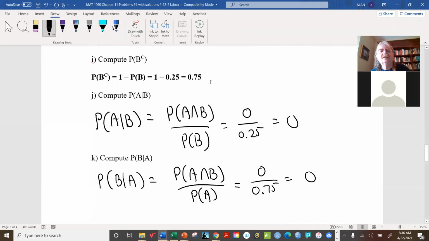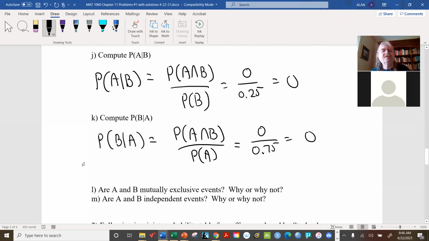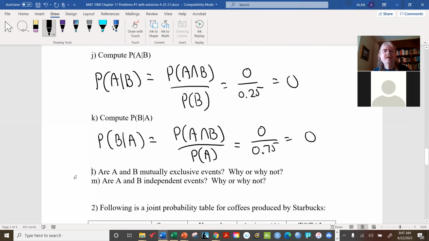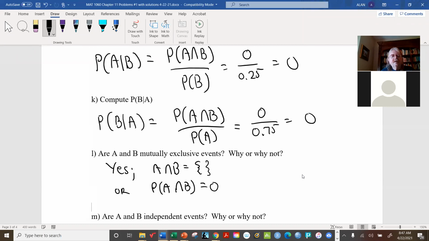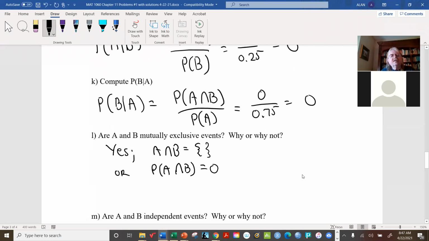All right, so now here are some conceptual questions. Are A and B mutually exclusive events? And the answer is yes. And there are a few ways you can express this. You can write A intersect B is empty. You could write the probability of A and B is 0. Or you could also just write in English, A and B